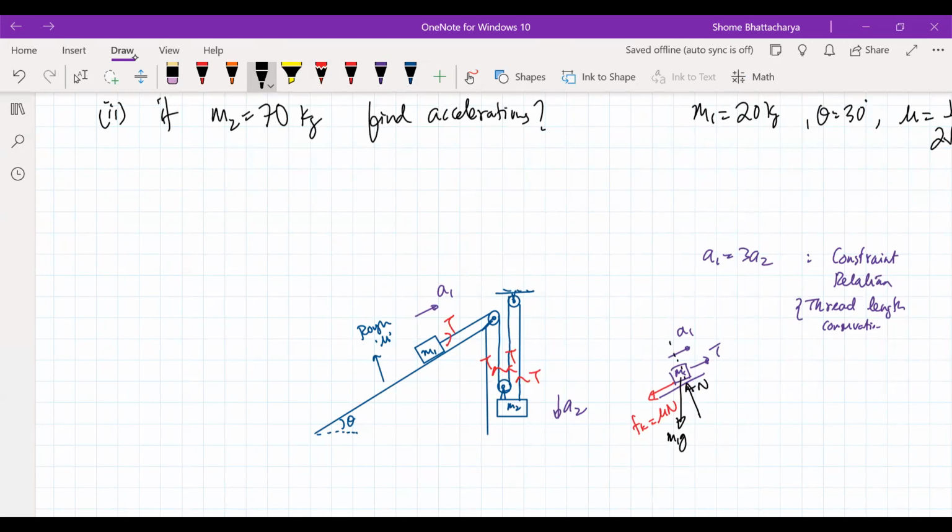So now this is not in equilibrium anymore. So there's a dynamic situation. So T minus mg sine theta minus that kinetic friction, that is the net force up the inclined plane. So this is M1 here. And normal reaction is the mg cos theta component. And of course, we know that